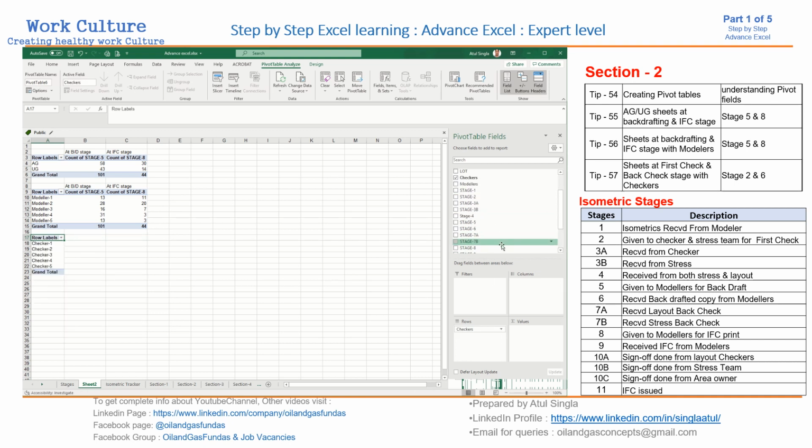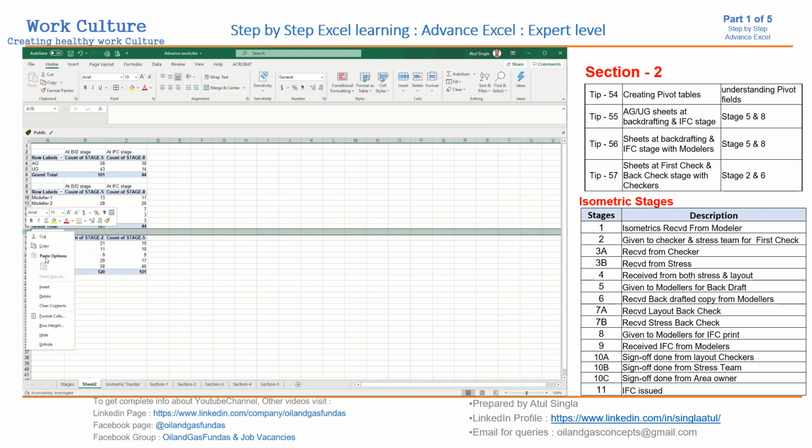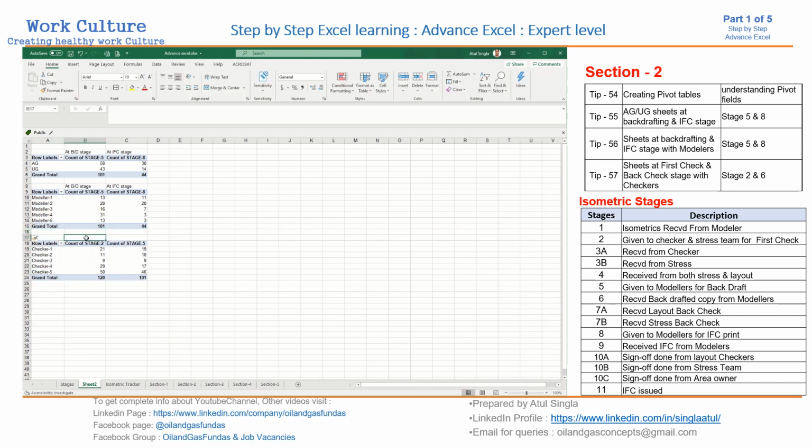Okay, then you want to check how many sheets are at first check. Then stage 5, how many back checking sheets are available with them. So you can see first check prints, then back checking sheets.